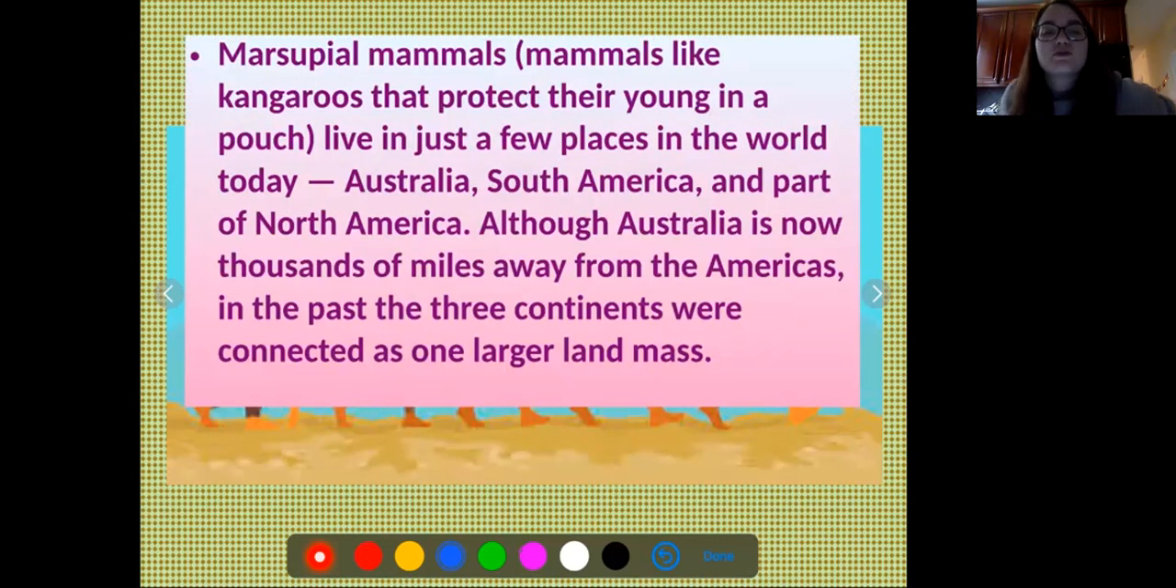All right, marsupial mammals, mammals like kangaroos that protect their young in a pouch, live in just a few places in the world today: Australia, South America, and part of North America. Although Australia is now thousands of miles away from the Americas, in the past the three continents were connected as one larger landmass. So this is talking about that issue of geography, right, where we see similar organisms found on